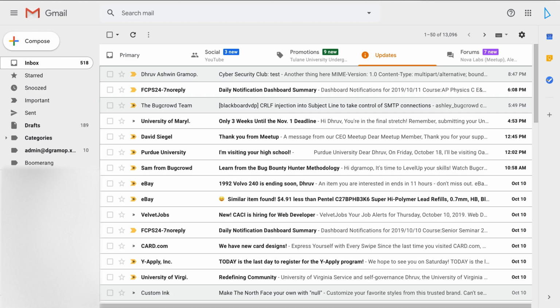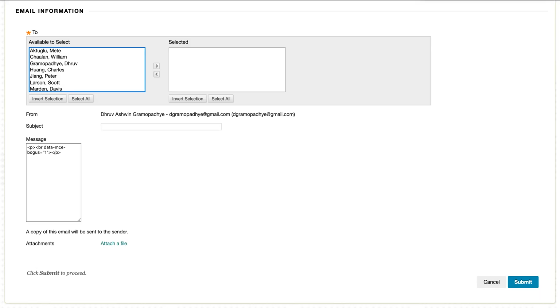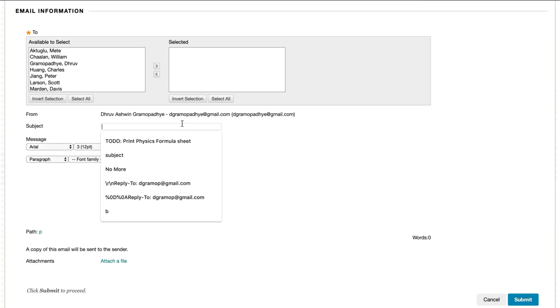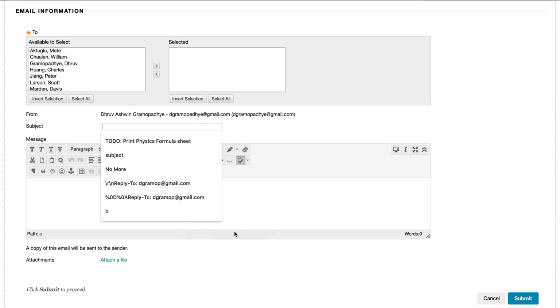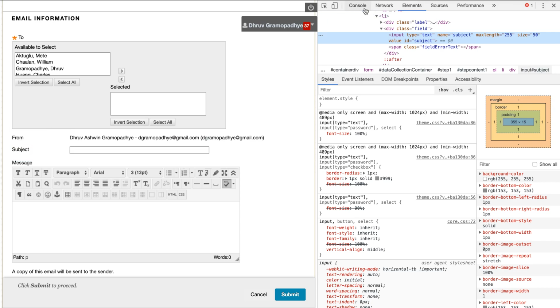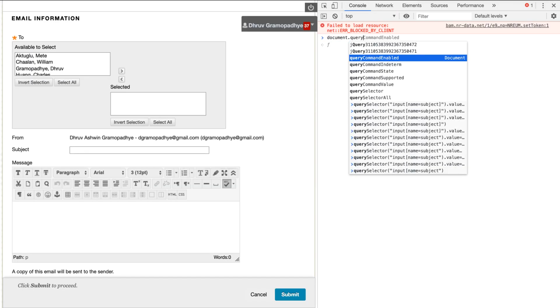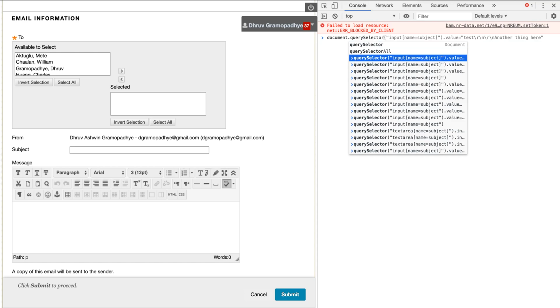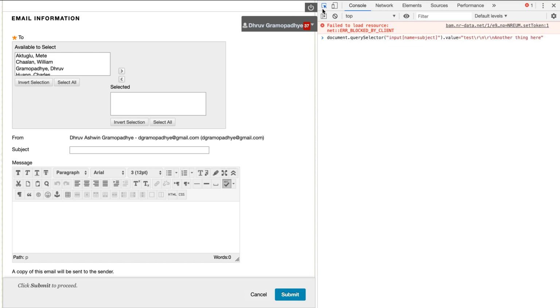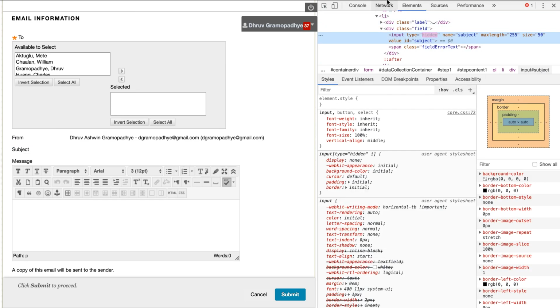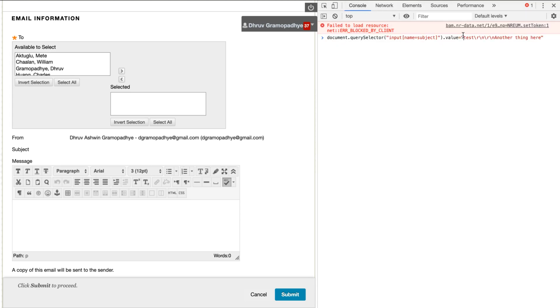So let's send a new payload. This time a little bit more complex, but still extremely simple. And this time the payload we're going to do, we're going to console document.querySelector name equals subject. And actually, you know what I forgot to do is change this to hidden. Type equals hidden, and we're going to go back to console, and we're going to change this to